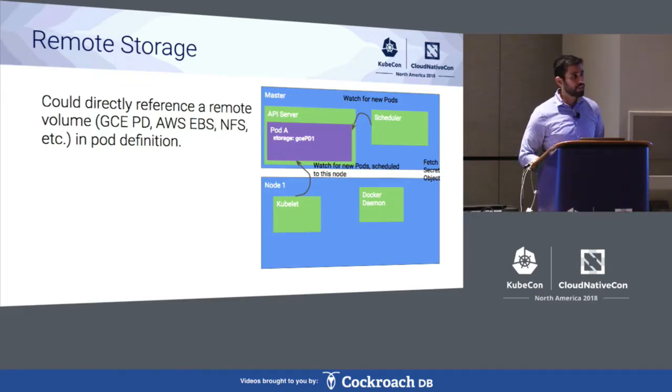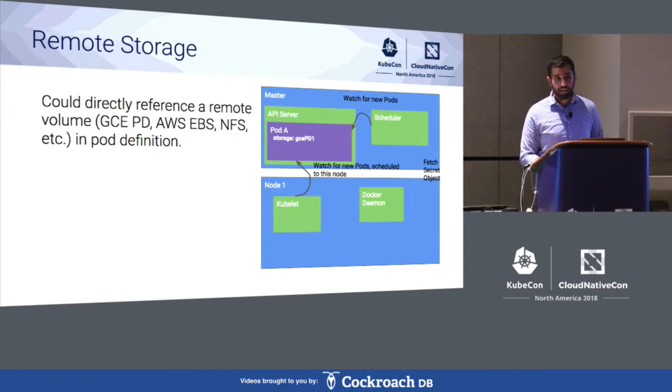And the facility that Kubernetes provides to do this are Kubernetes volume plugins. We have a number of volume plugins that allow you to plug into remote storage systems. So if you're running in a cloud environment, you could be using, for example, GCE persistent disks or Amazon EBS block volumes. You could use an NFS share. A number of different options exist. One way to use them is in your pod definition to directly reference the type of volume plugin that you want. This, of course, isn't the exact YAML that you're going to use, but the idea is that inside your pod